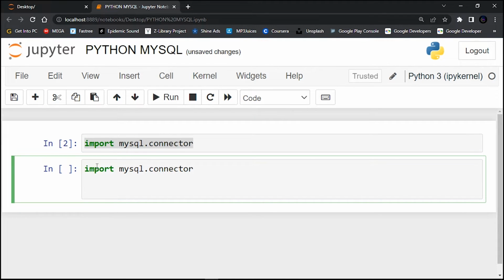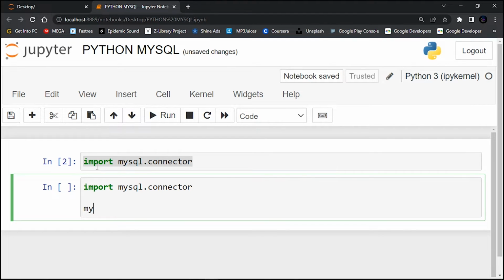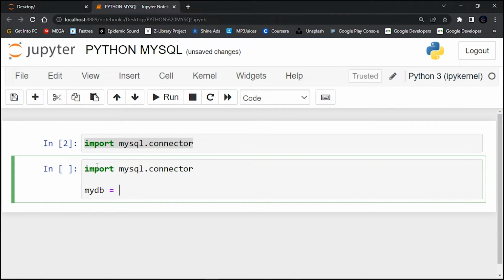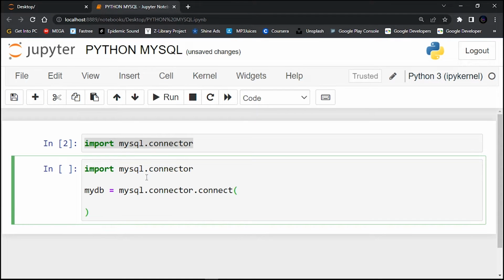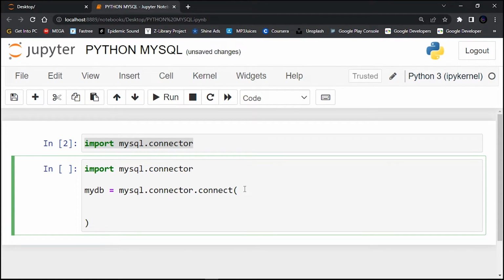First of all, let me use a variable here, let me say mydb. Then let me assign it to mysql.connector.connect, and then here let's pass in the arguments. First of all, we're beginning with the host name. Just type in host, then I assign it to the alias for localhost, which is